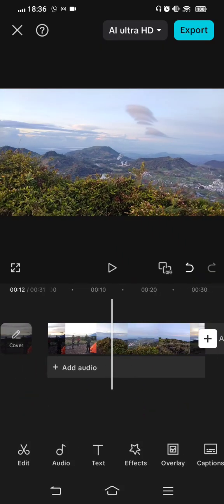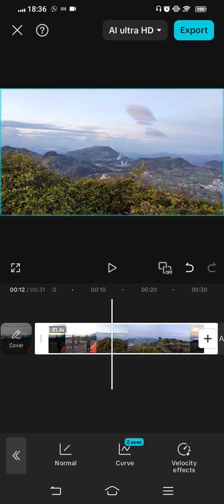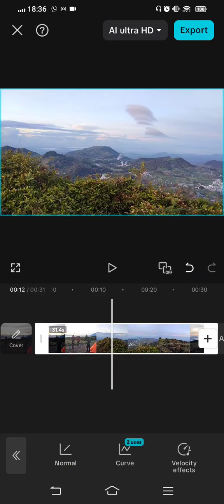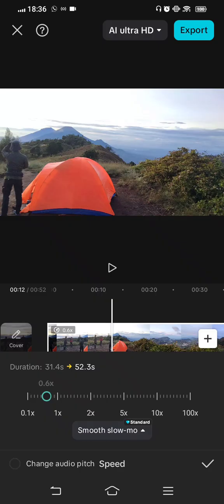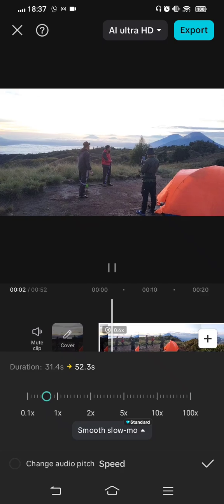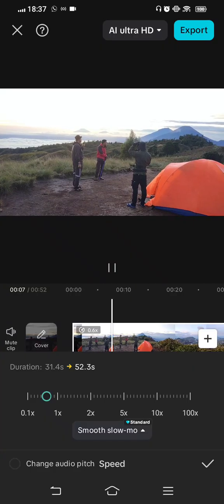And after that, I will click this video, then I will adjust the speed. I will change it to become 0.6. The first step I would do is click this clip. After that, click the speed and normal, and move the scale to become 0.6, and let's see the result. I won't make this video too fast or too slow. Then I will apply it,